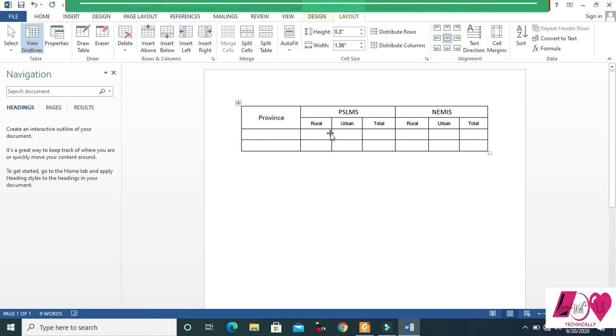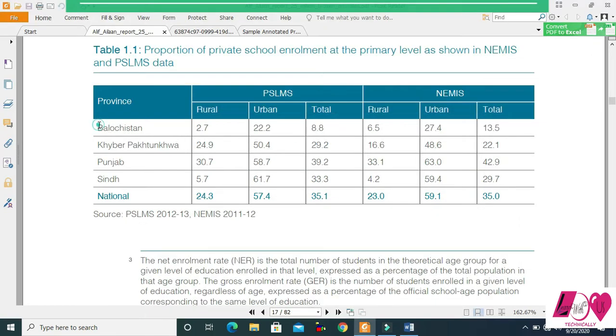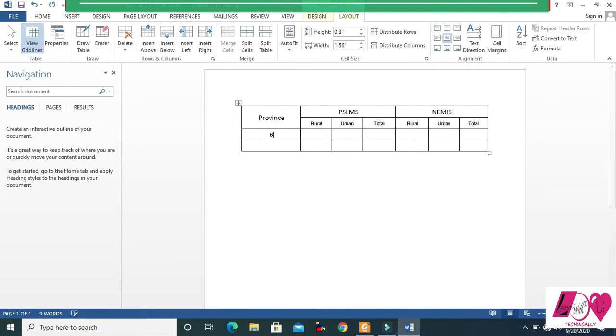Then copy this text. Oh, it's not copying. Okay, so you can write here Balochistan. Okay, and then the values, and this one. Okay, and another one is Khyber Pakhtunkhwa, PK, and copy the same values,